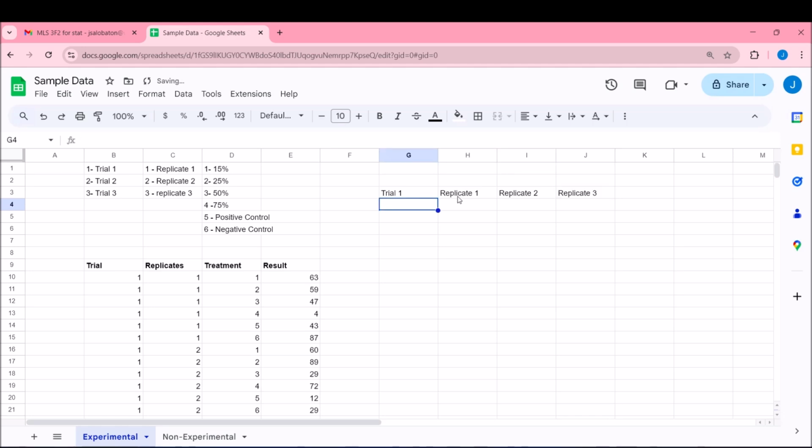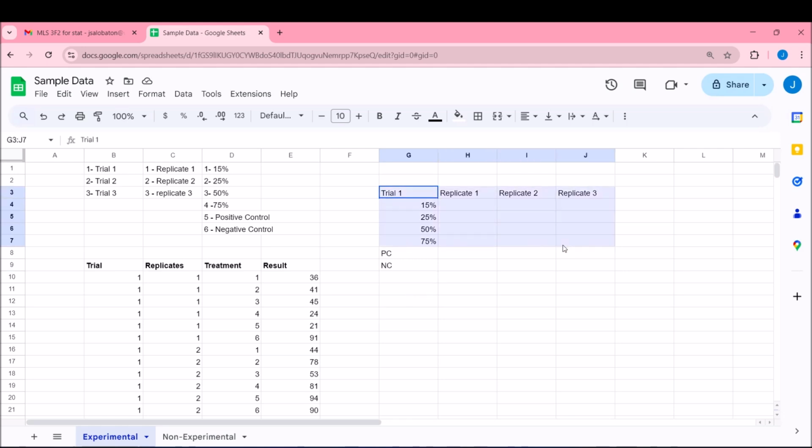Then you have here 15%, 25%, 50%, 75%, positive control, negative control. Okay? So that's trial 1.